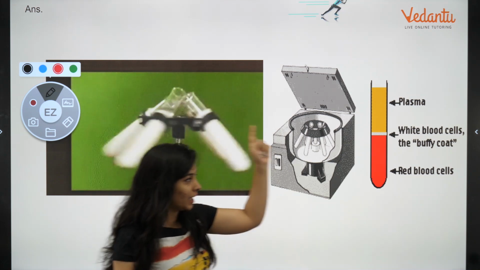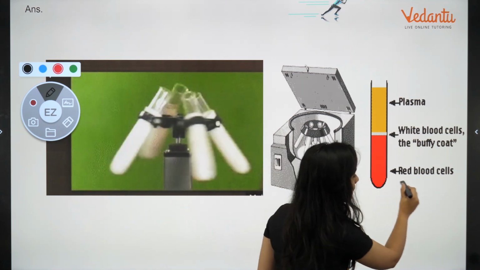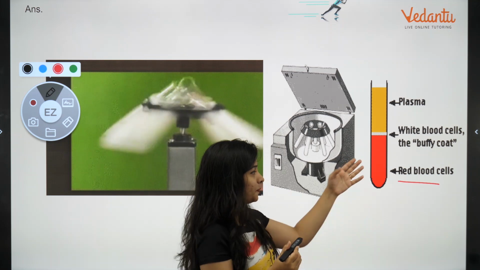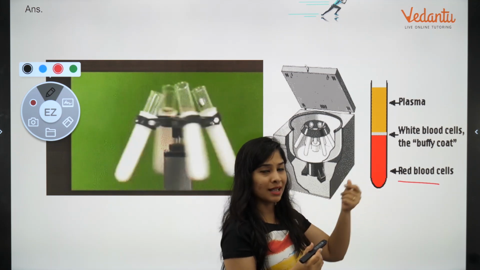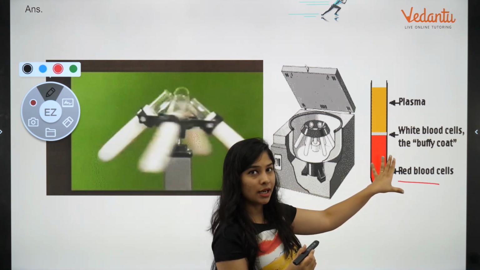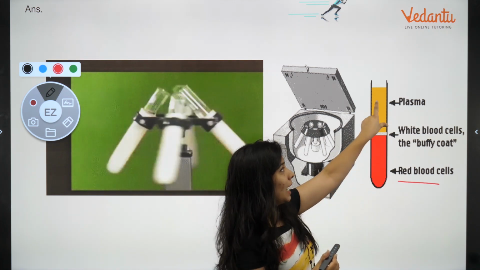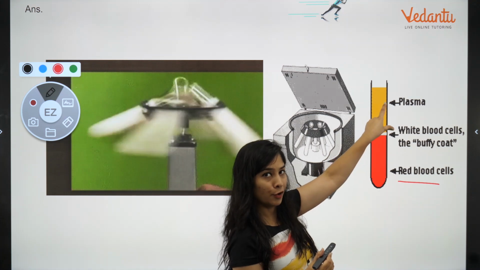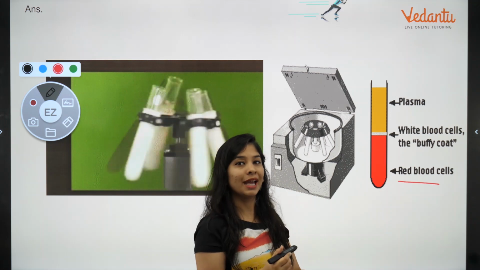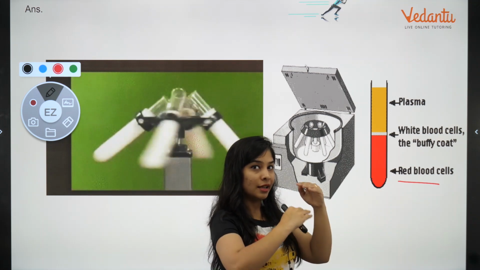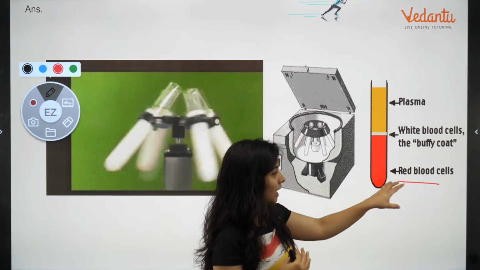Okay, so now if you take this mixture, the blood mixture, what is going to happen? Cells, RBC, WBC, these are going to be in solid form, so they will settle down. Plasma is a liquid, so that will come above it. Fine. So when you take it and rotate it, after some time your blood is going to separate into different parts.